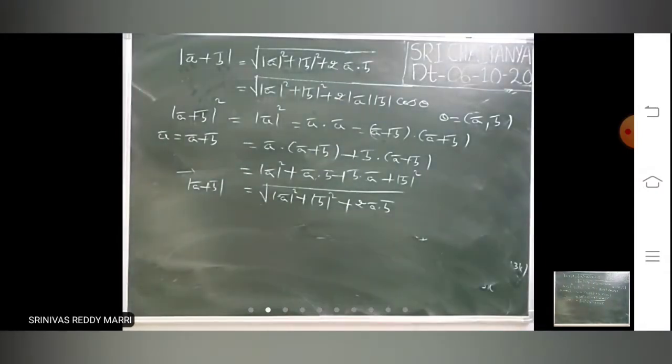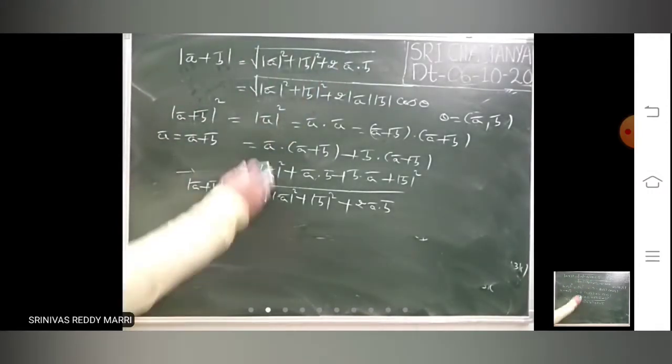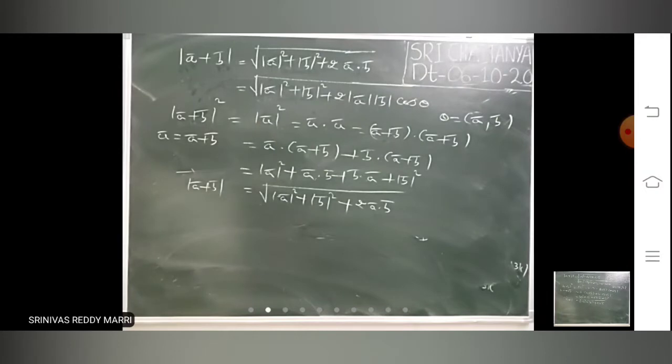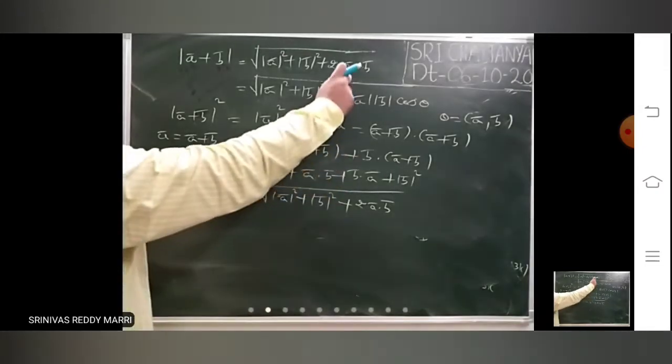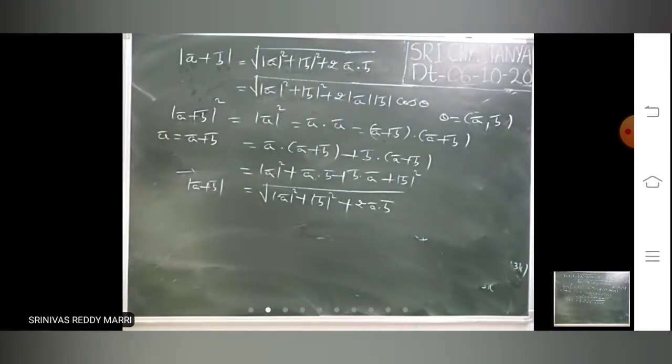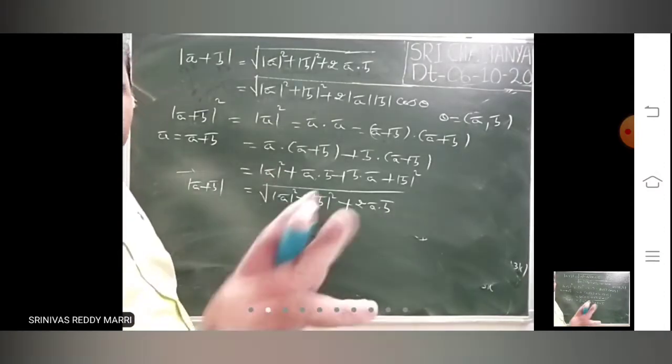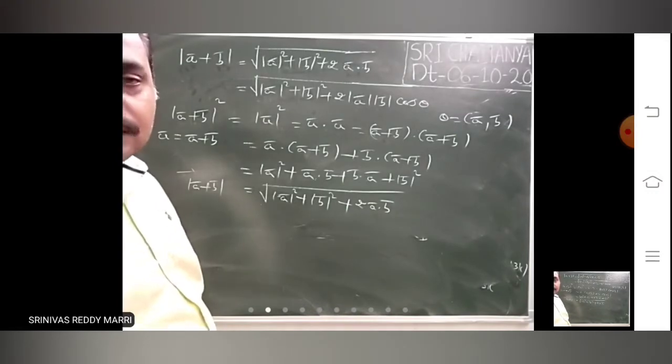In physics also you came across this. By using the parallelogram law you have the theorem. Right? So in physics don't do it like this. The theorem is for the long answer. You do it like that only. Don't do it like this. So this is 2a dot b. Don't say that MSR sir has told like this. You will get only 2 marks out of 7 if you write like this.